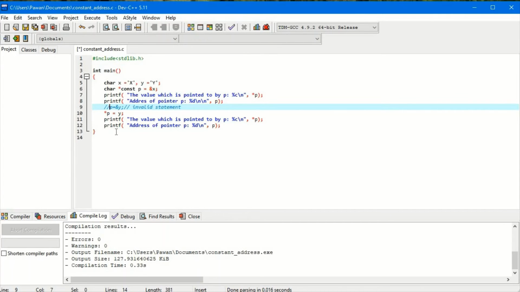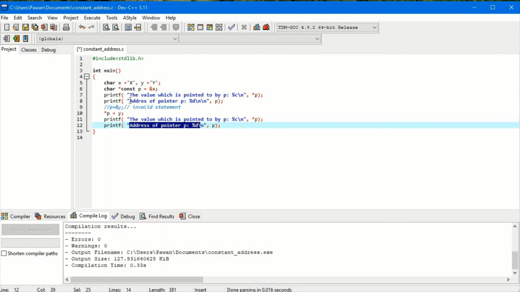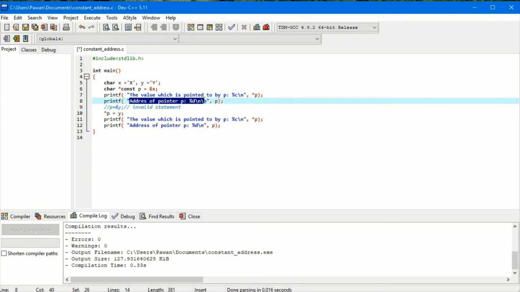After that we are printing again the address of pointer p, which is nothing but the address of x only, because the address is not changed, only the value at p is changed. So this statement and this statement will give the same address value. That's why I am printing these two statements, so that we can see whether we get the same or not.